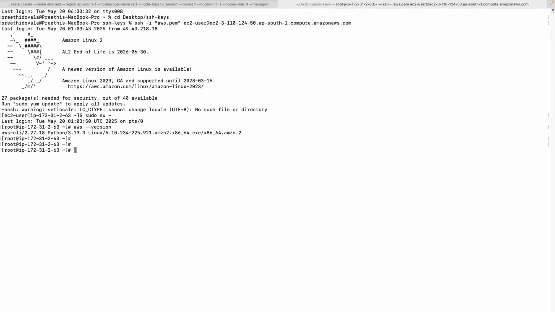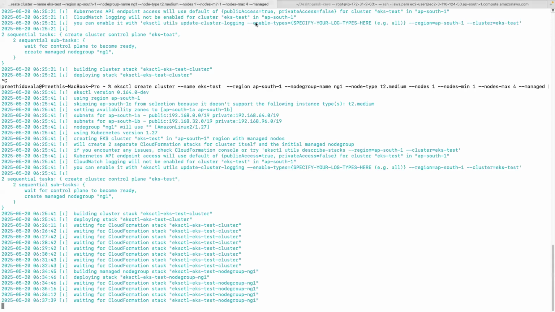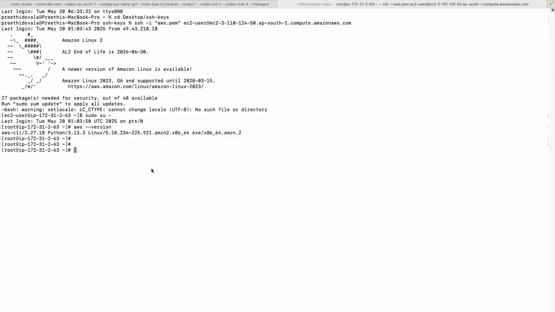We want kubectl. And we don't need eksctl here because we are not creating the cluster from here. The cluster is already being created from our local machine. If you want to create from here, then you can install it. Now, how do you connect to this cluster? The cluster is not yet ready, but if you want to connect to the cluster, let's say I'm trying to connect